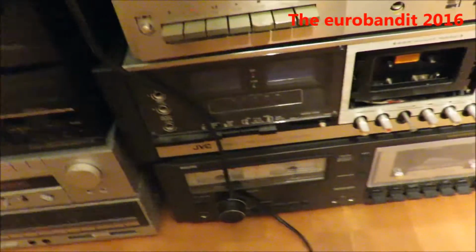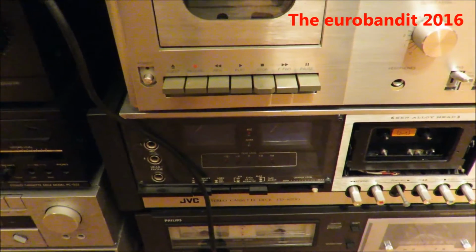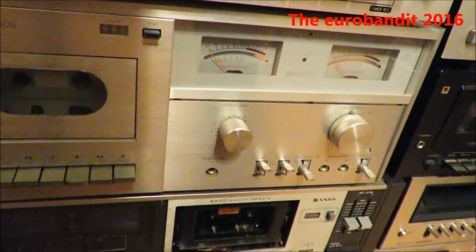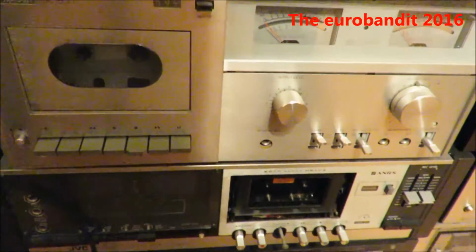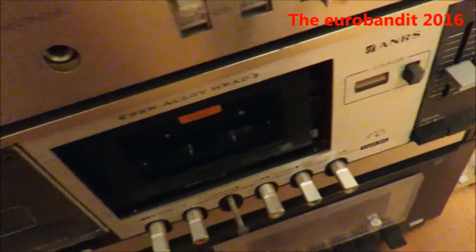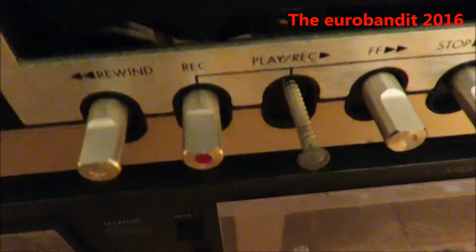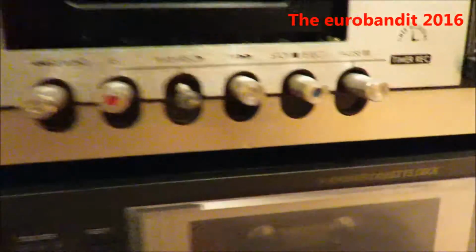And down here we have a JVC model name CDS2000. These aren't all that common either. The cover for the door itself appears to be missing, and the play key is missing as well, and the last owner installed a screw in here. Quite fancy. Down here we have a Philips model